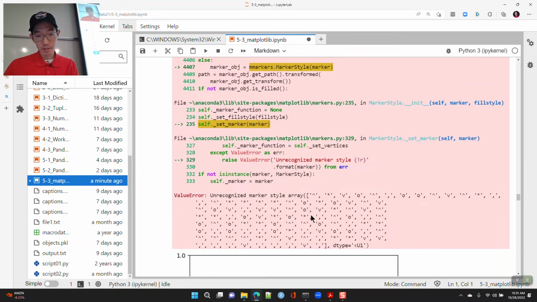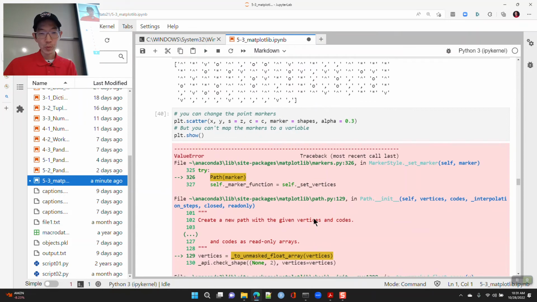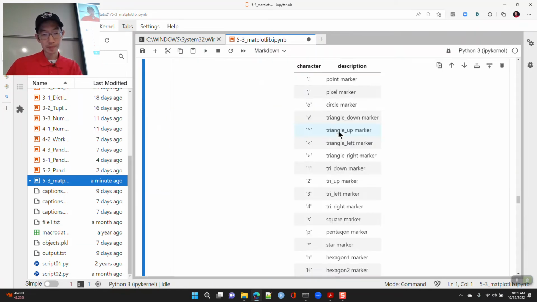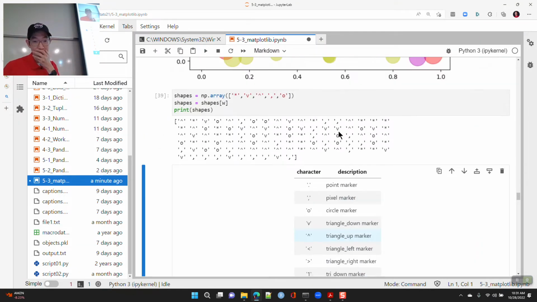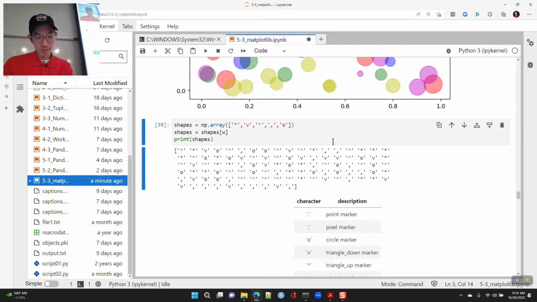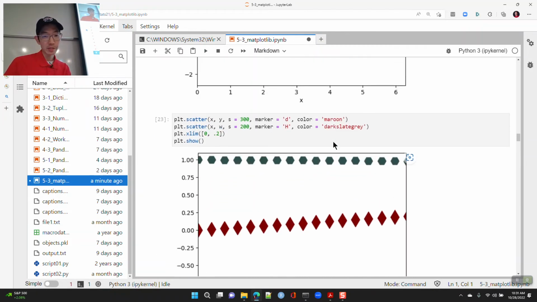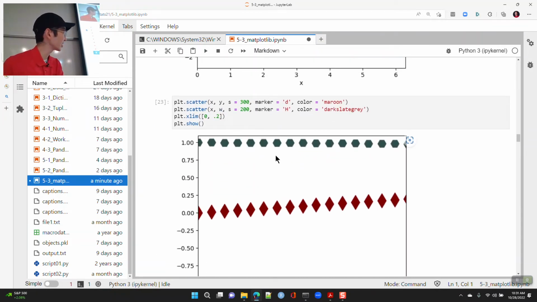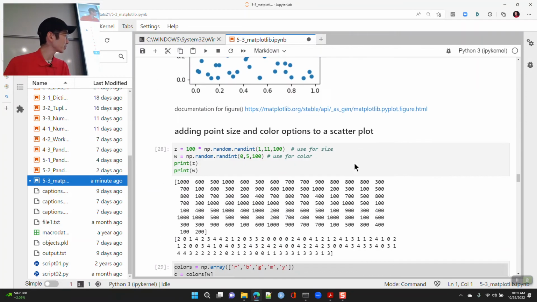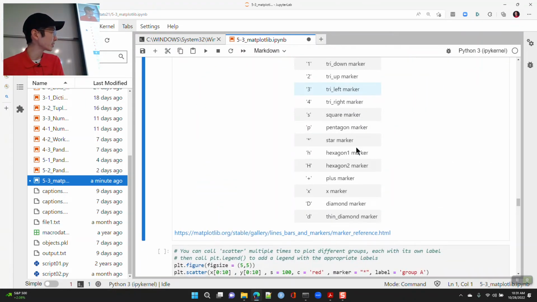What does it say? Unrecognized marker style array. It won't let me do it. So if you wanted to do markers, you just have to use different plot commands: one for the diamonds, one for the hexagons, one for whatever shape. You can't put in a vector of marker values and do it.